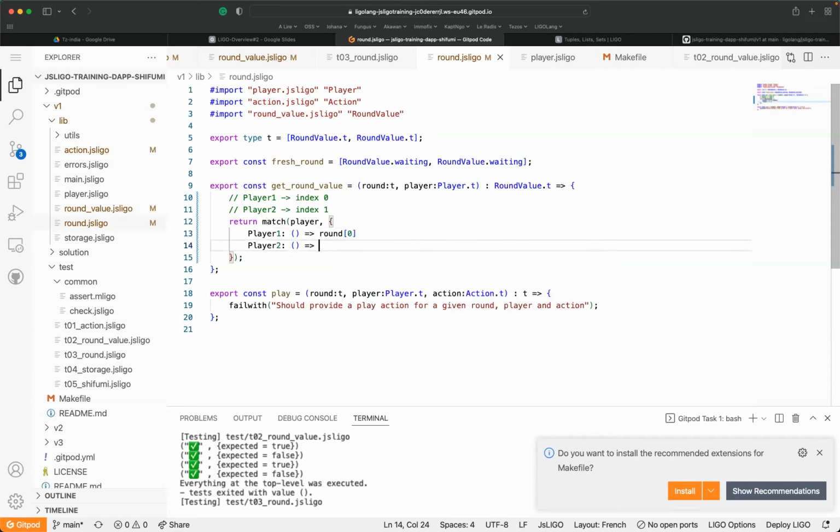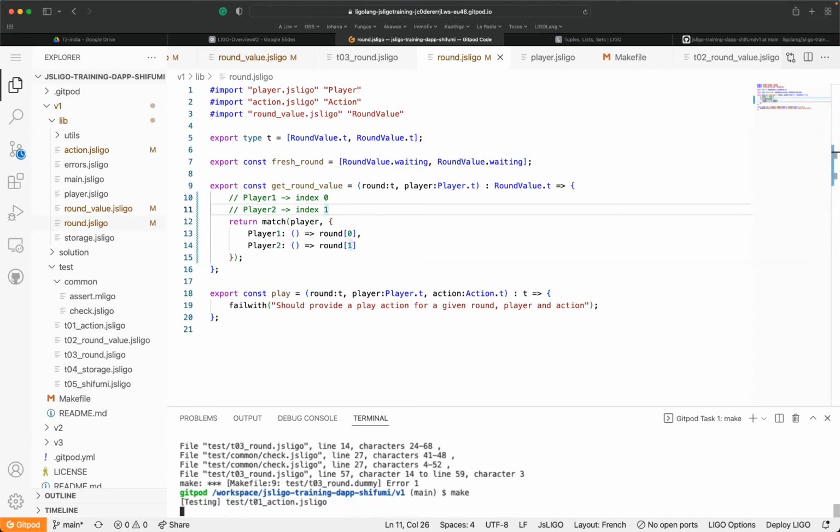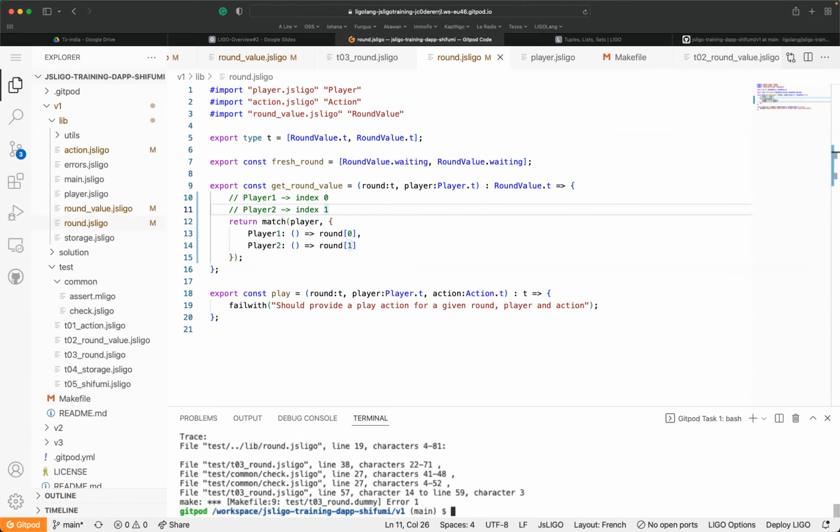The information which is in the index 0 and the top round, and the same here at the index 1. And that's all. And you have to put the comma here. Okay, and we have to implement this one right now. So if you remind, I said that we can write the code differently.